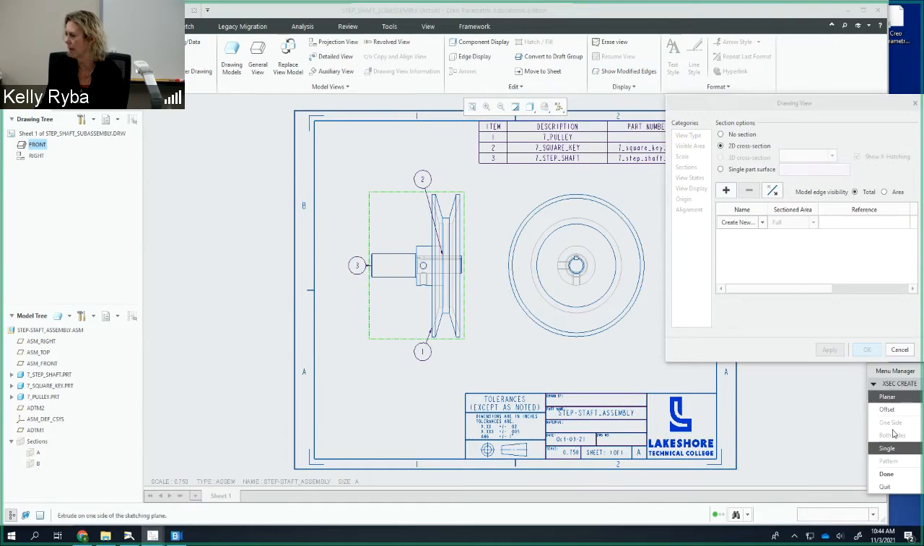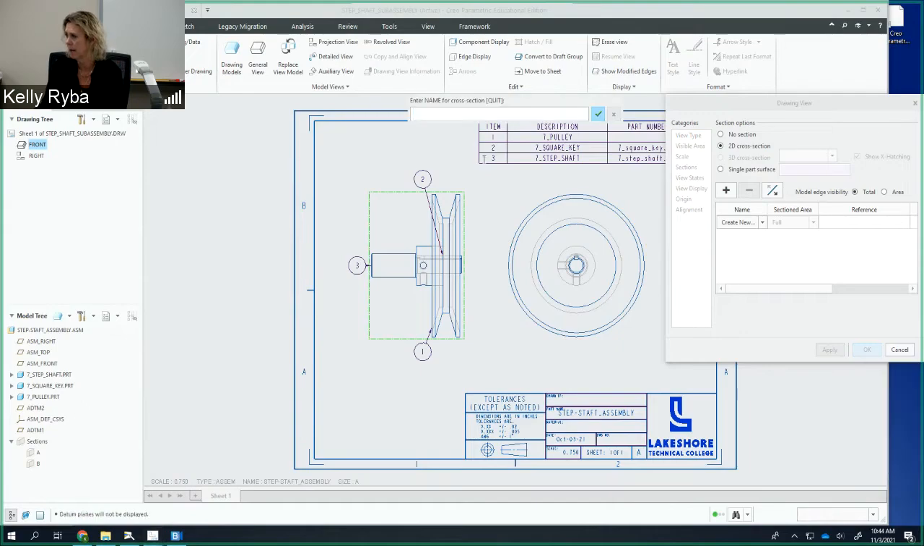Section view, and it's going to be a plane. So I'm just going to hit done, plane single done. Okay, and I'm going to call it D. Enter. And I need to then pick one of these planes,